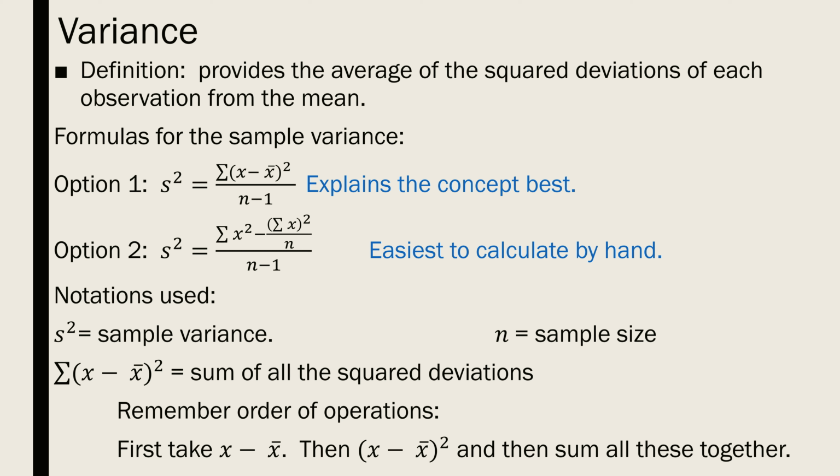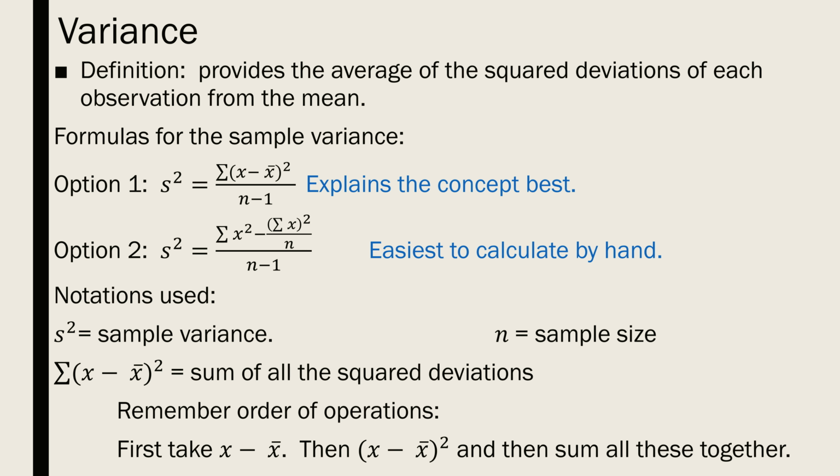You need to pay attention to the notation used here. S squared equals the sample variance. N here is the sample size. The summation of x subtracted by x bar, squared, is the sum of all the squared deviations. You also want to remember the order of the operations. First, take x subtracted by x bar, then square it, then sum all